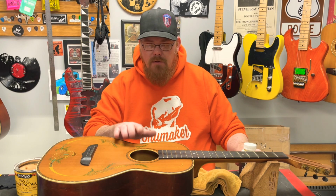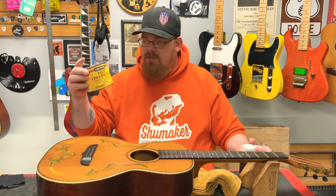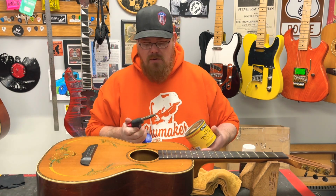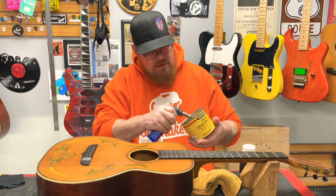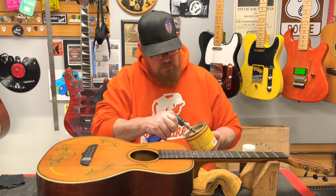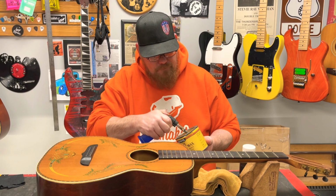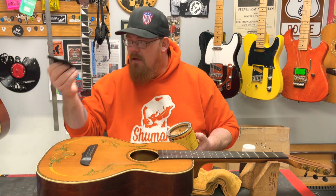But in order to bring a little shine to this guitar, I have another trick. I use the Minwax or Johnson's paste wax, which is actually furniture wax. And what I do is take my little torch. You can use a heat gun, whatever. It's probably actually safer to use a heat gun because this does have a tendency to flame up a little bit sometimes. And I just heat it up, get a nice little pool of it going there. Take an old t-shirt,